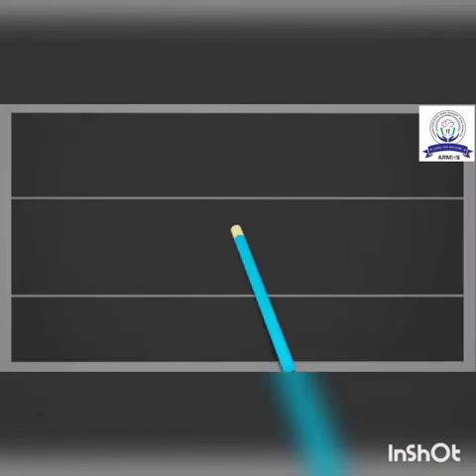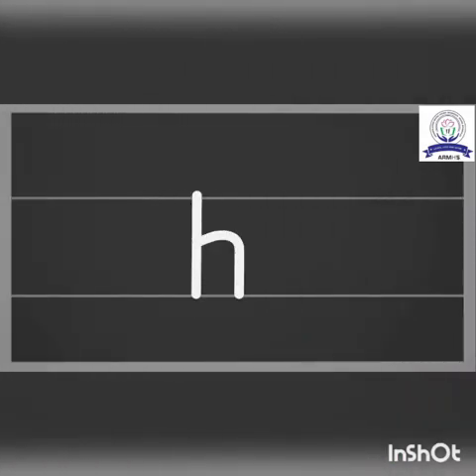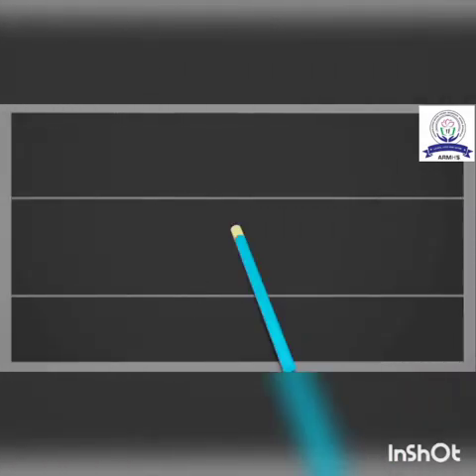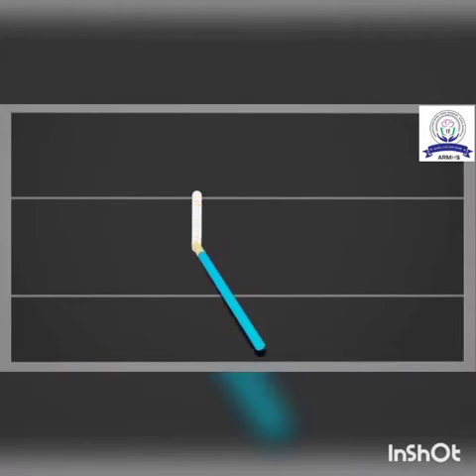Start from the middle and make a small c. Then go to the middle again. Draw a standing line going down below the bottom with a small curl. Next letter small h. Start from the top and make a standing line to the bottom. Then go to the middle, making a curve touching the bottom of the line.